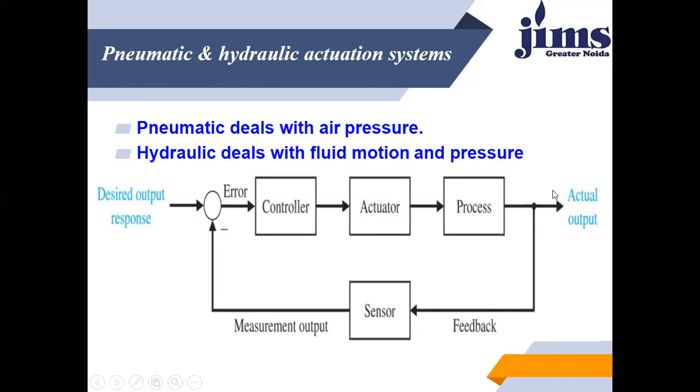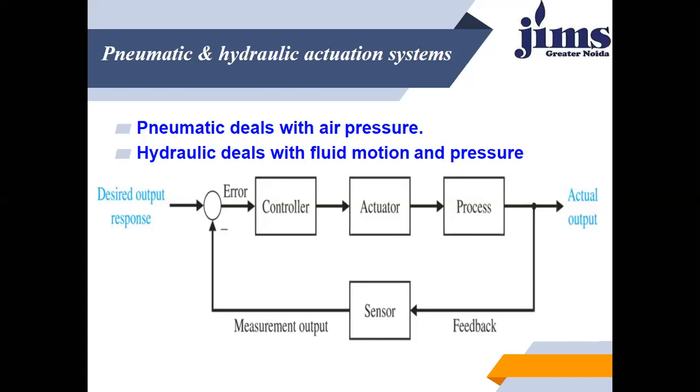After attaining the actual condition, what must we do? The machine has to send a feedback signal back to the input. After attaining the actual output, feedback must be sent to the sensors, and the sensors will measure the output and send it back to the input, and they will pass the signal to the machine or system, so that the desired output has been attained. Then go for the next operation.